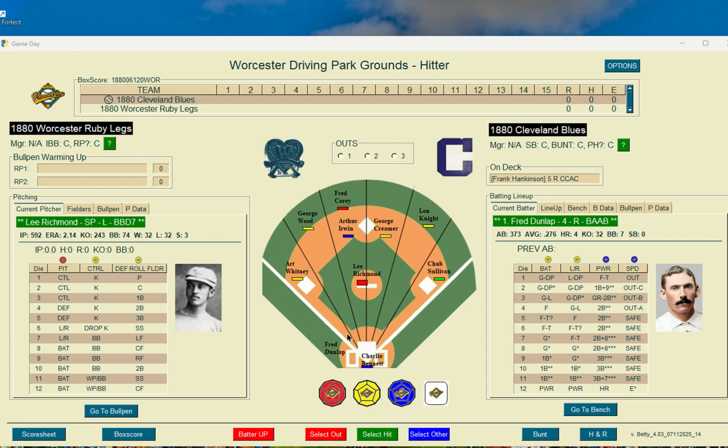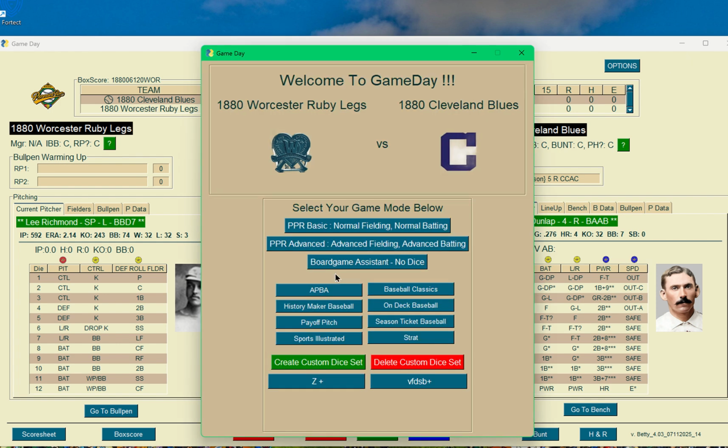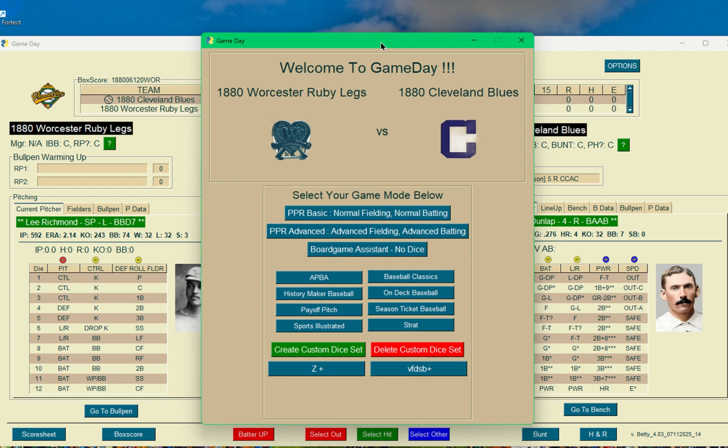And up comes your main menu. It's already loaded the game in the background, and it's asking you what game you want to play. And you will see at this point there's a few things been added. We've got Payoff Pitch, Season Ticket Baseball, Sports Illustrated. There's now 8 games built in with the dice, as well as the 2 Pocket Pennant Run games and Boardgame Assistant with no dice. But if you want to create a custom dice set, you can